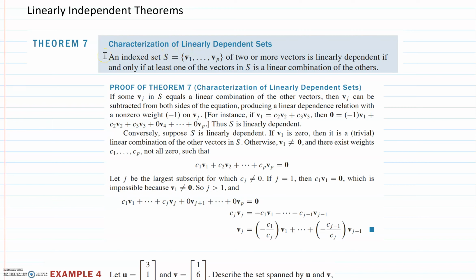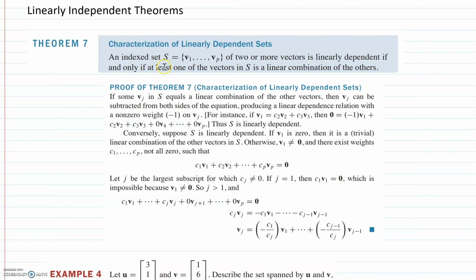It says an indexed set S consisting of 2 or more vectors is linearly dependent if and only if at least one of the vectors in S is a linear combination of the others. This theorem does not say that every vector in a linearly dependent set is a linear combination of the preceding vectors. It says that there is at least one of the vectors, not all of them, that is a linear combination